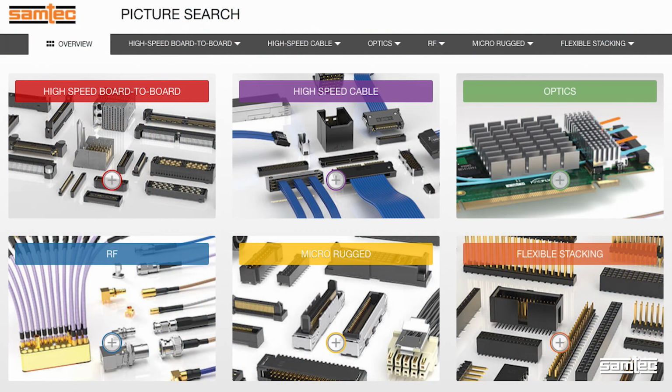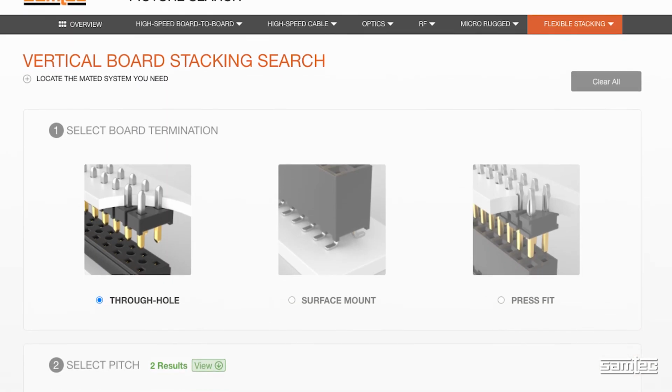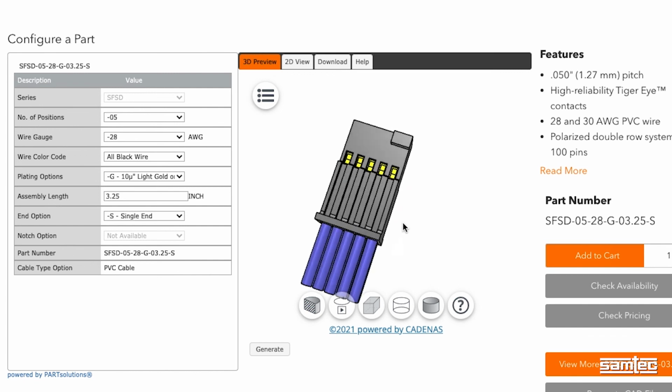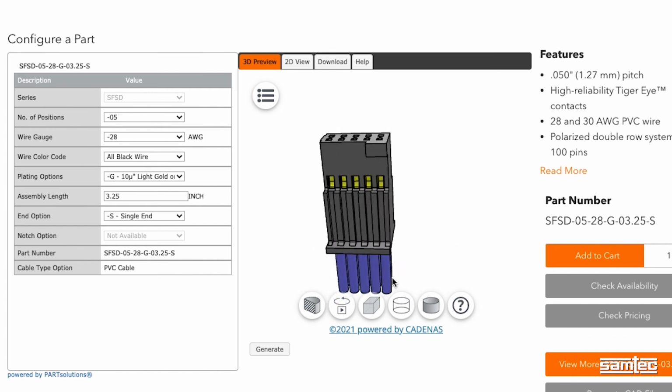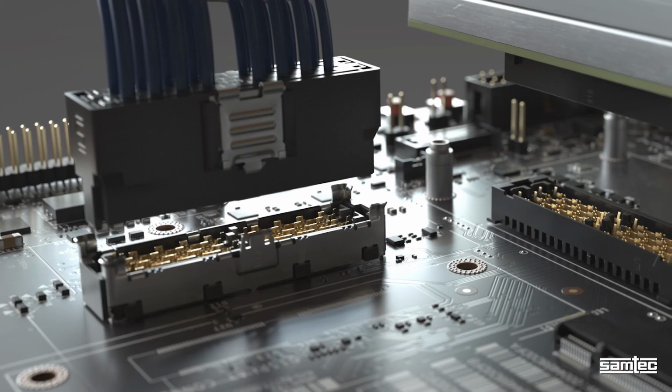Whether you're trying to find your connector by the feature or the picture, how to set up your mating connectors, how to build your cable assembly, or download all the supporting models. Once you've selected your